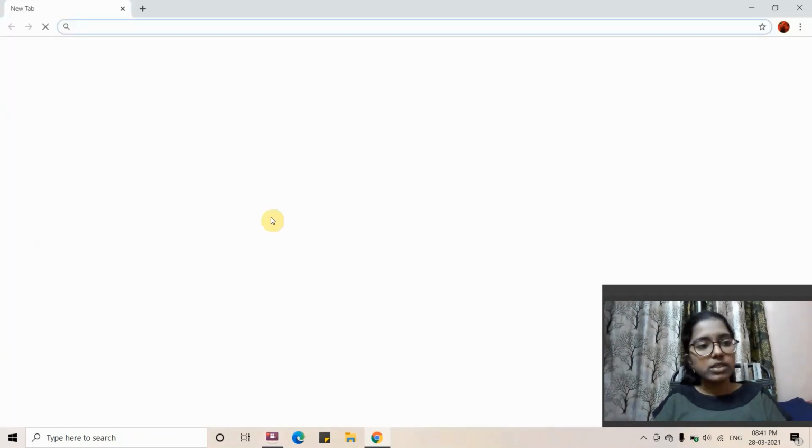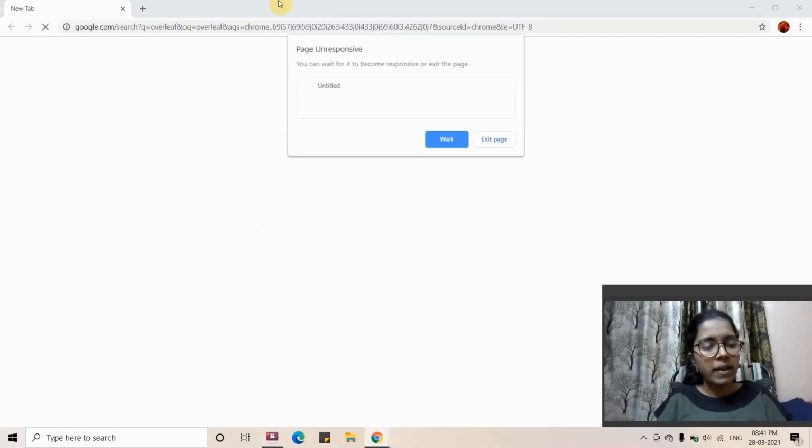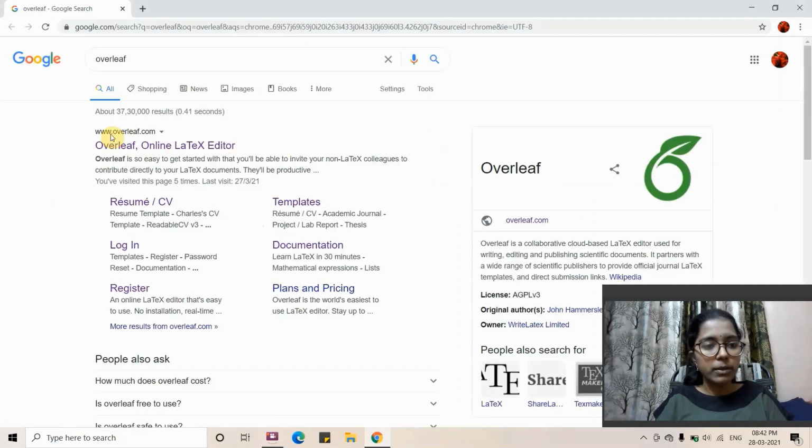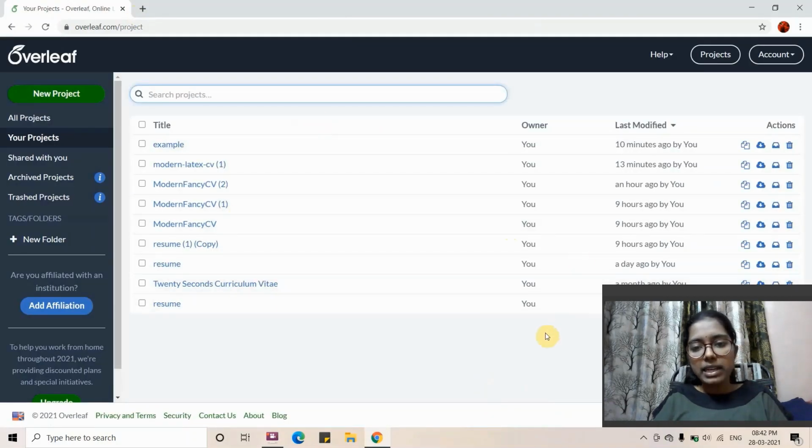So in your web browser, type www.overleaf.com. Okay, you can just go to overleaf.com. I'm redirected to this page because I already have an account in Overleaf.